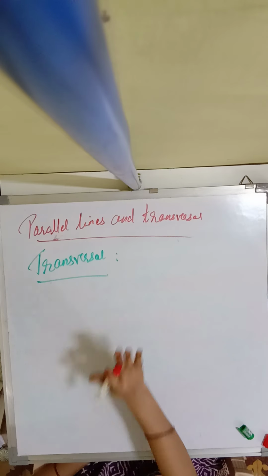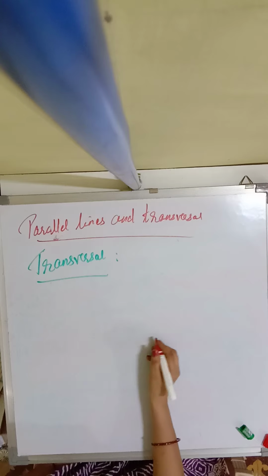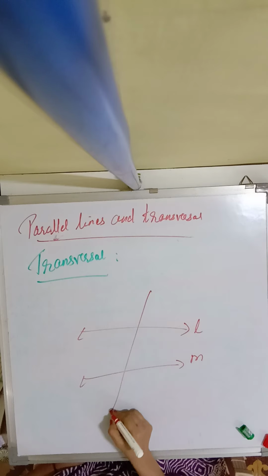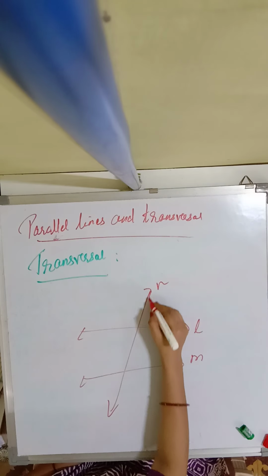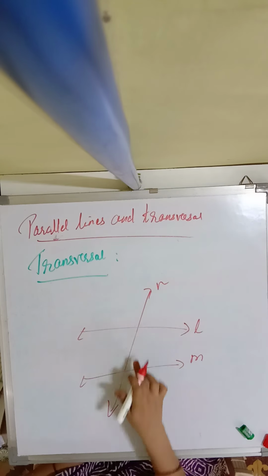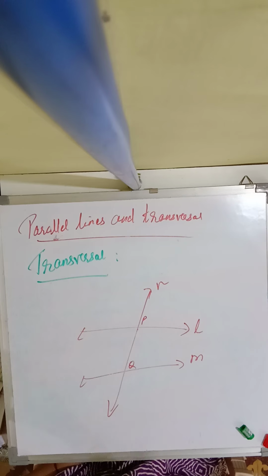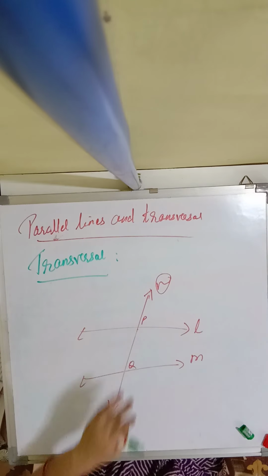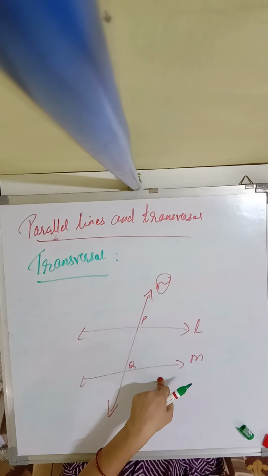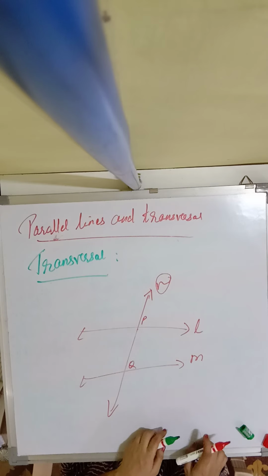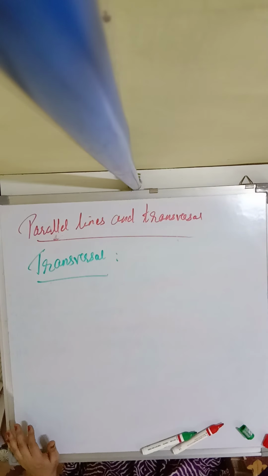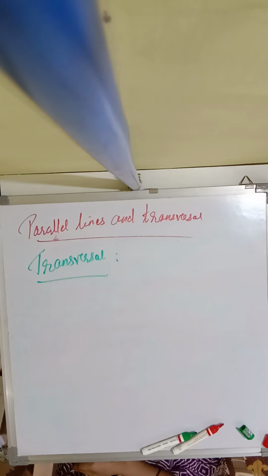Say for example, I will be giving the proper definition, but just for understanding, suppose these are two lines, say for example line L and line M. If I draw a third line, say for example N, now this line N intersects lines L and M at two separate points, say for example P and Q. They are intersecting at two separate points. Then this particular line, children, your line N is a transversal for the lines L and M. So now let us first write the definition, and then again I'll be giving an example of it, so write down the definition for the transversal.